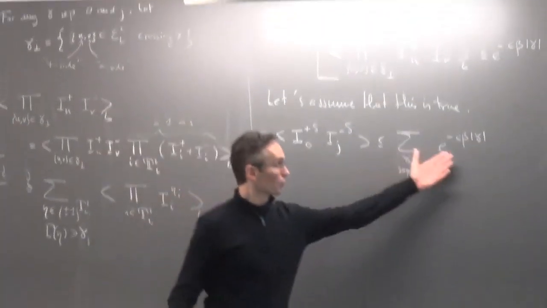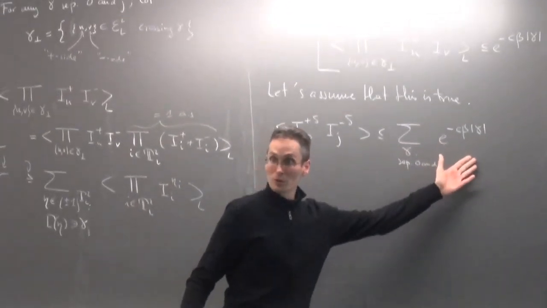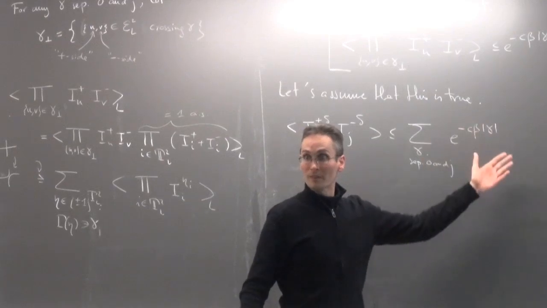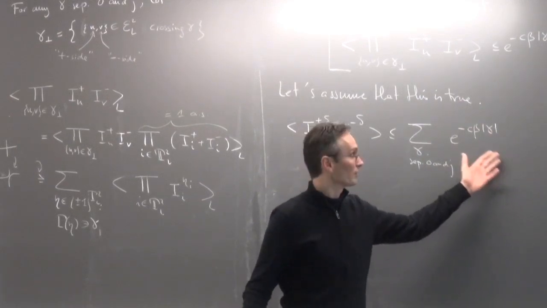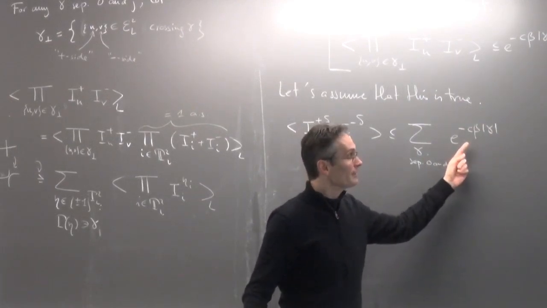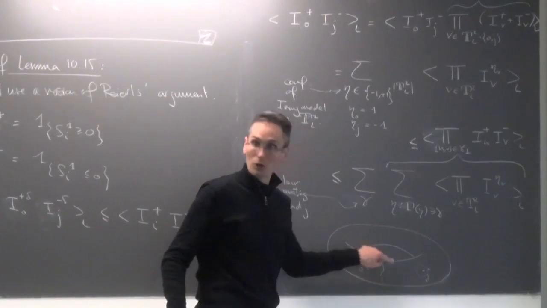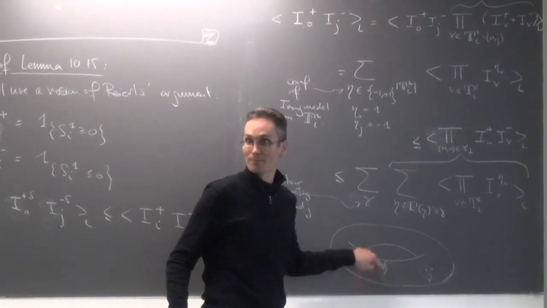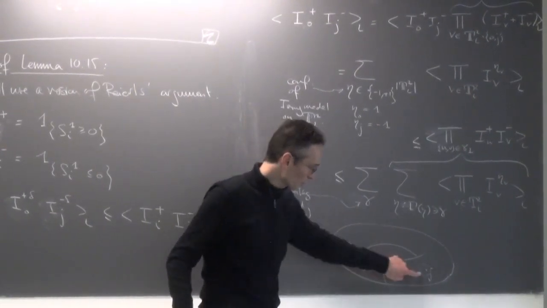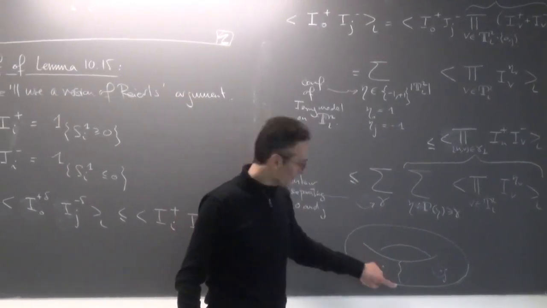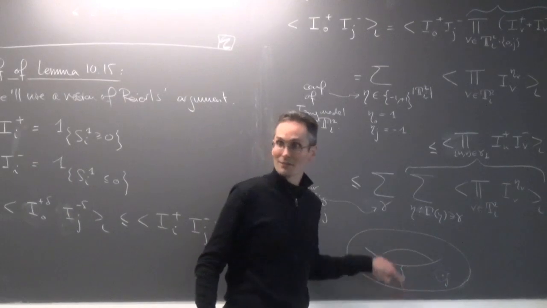So we can just conclude exactly as we did on the Peierls argument, showing that when beta is large, this sum is as small as I want. Right? That's what we did when doing the Peierls argument. Now, the only thing that I have to explain is how you deal with these contours which are winding around the torus, because this we didn't have in Z2. We had these kind of guys. We know that the contribution of these guys and these guys is bounded by something as small as I want. I still have to just take care of these big guys.